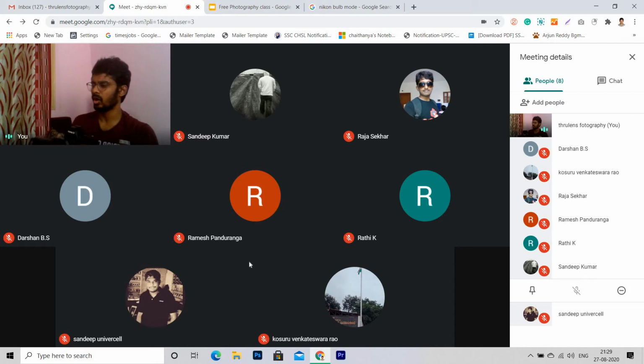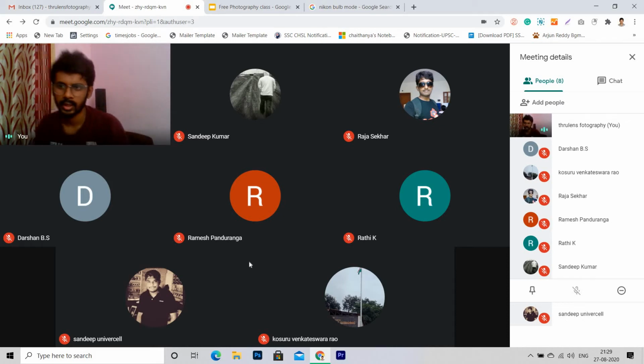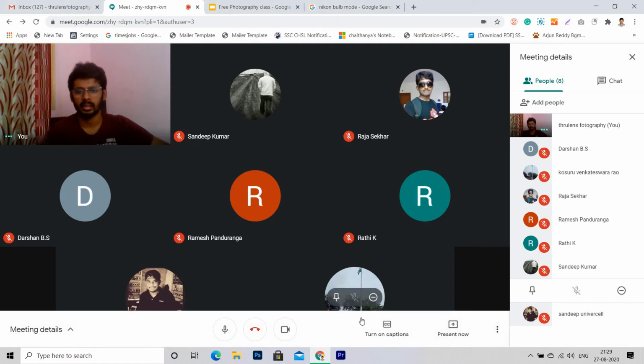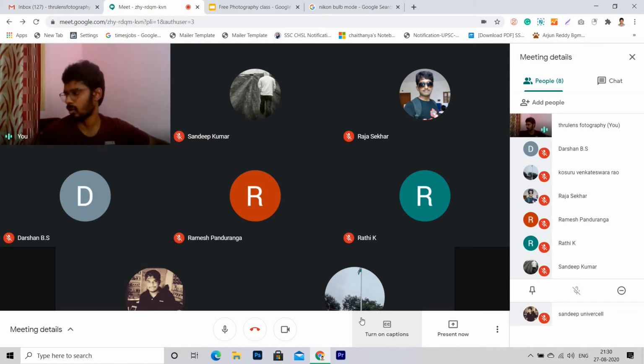So basically these modes will be useful when you are not completely sure about what you are taking, or for example something suddenly has come and you don't know what kind of shutter you want to use. That kind of time, practically it will be useful, but no photographer practically will use TV or shutter speed or any of these modes. They keep on only experimenting with M mode. Manual mode only will teach you proper skills of photography.